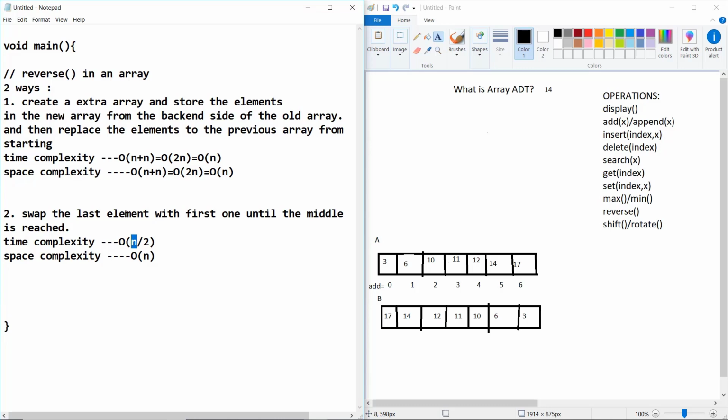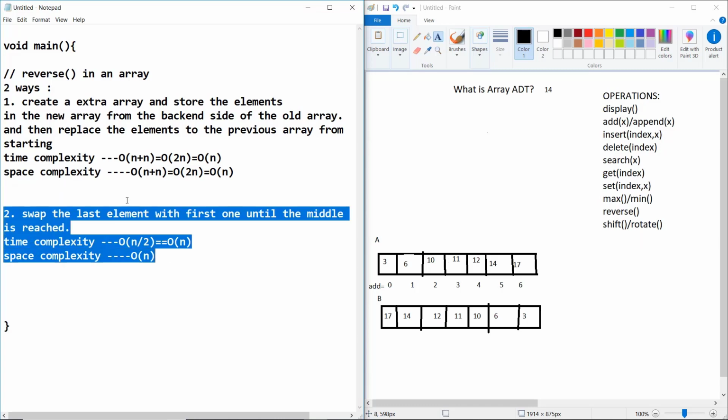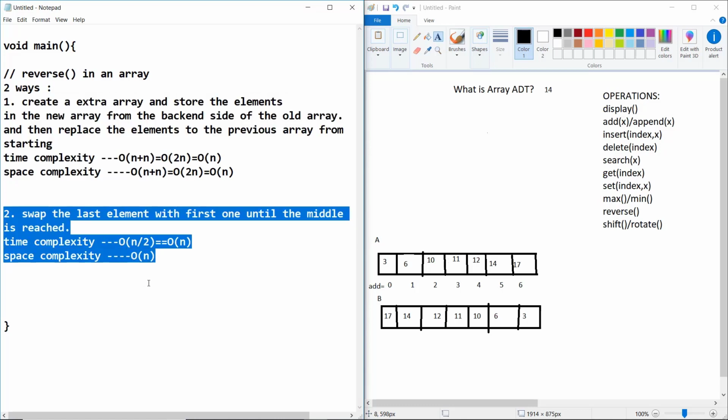I know it's 50 lakh, but still it is a bigger number. So we just say that this is also your O of n. Okay, I know there is a certain small type of variation, but you should analyze this concept, that this concept is not preferred, this concept is preferred.